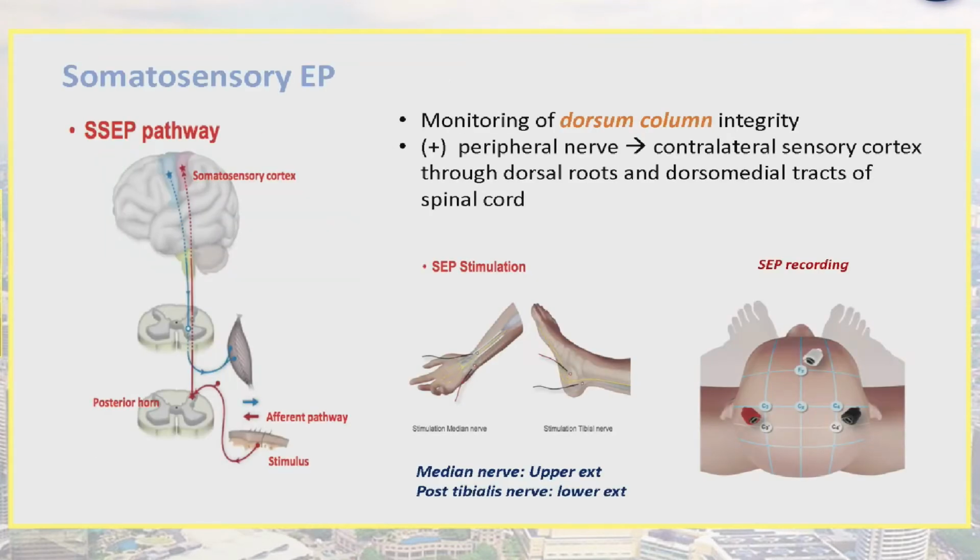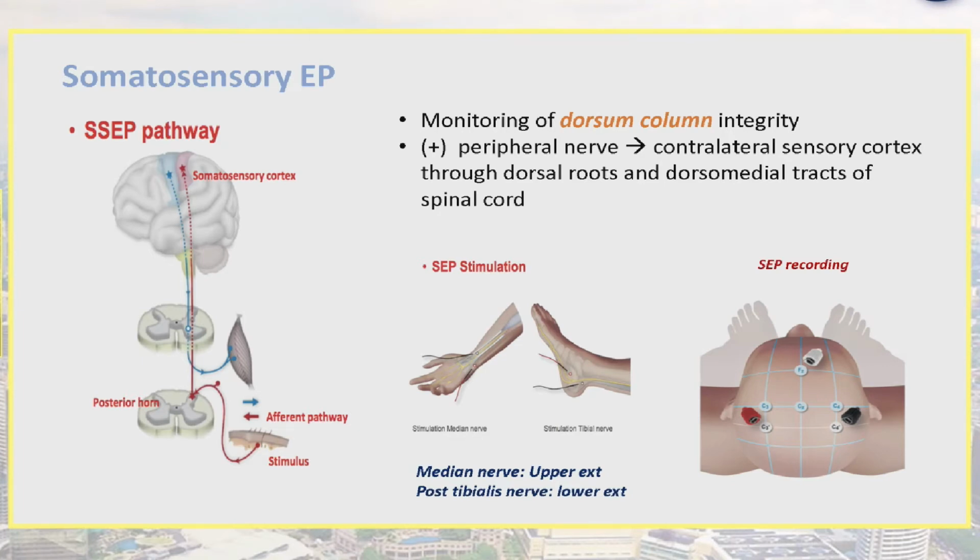Okay, now we talk about somatosensory evoked potential, which is opposite from motor evoked potential, whereby it's monitoring of the dorsal column integrity. We stimulate the nerve and monitor what happens in the cortex and the pathway from the spine, from the cervical junction up to the cortex. We stimulate at the median nerve, usually for monitoring upper extremities, and at the posterior tibial nerve for monitoring the lower extremities,